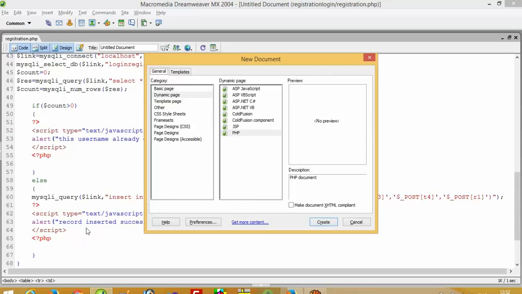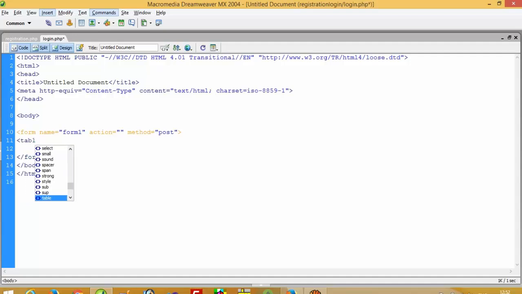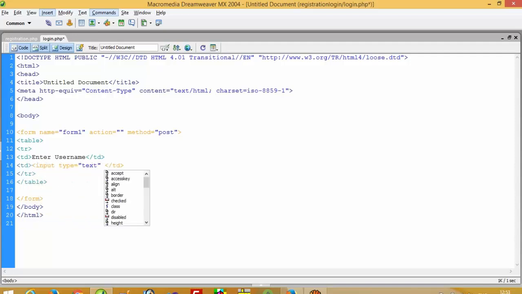Now we are going to create the login page, Login.php. Here again we have to write form tag, form name form1, action, and then method post. Table, then tr, then td, enter username, td, input type text, name t1,